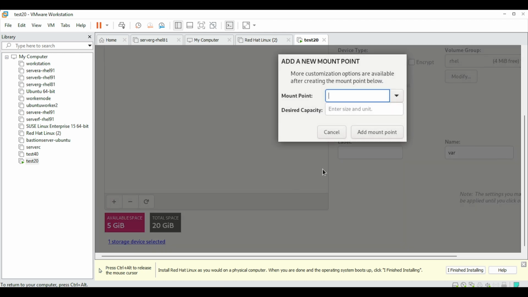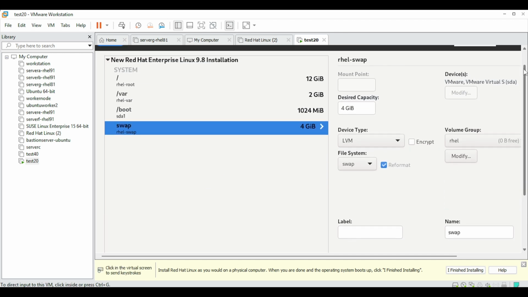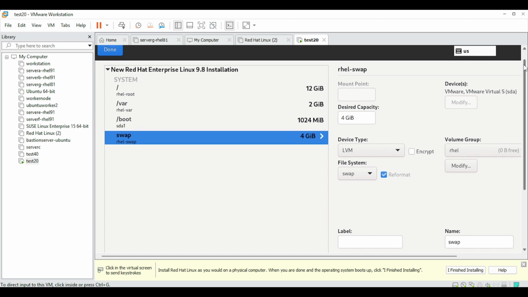and swap 4G. Less than 4 GB will not work. Due to space I am not adding another partition here. Let 1 GB be spare.